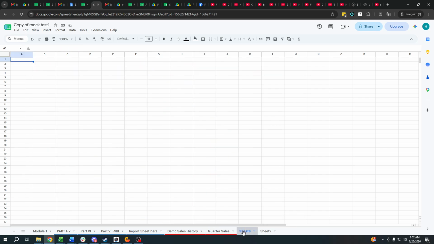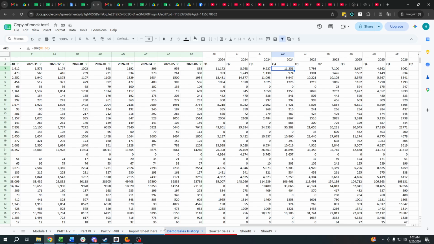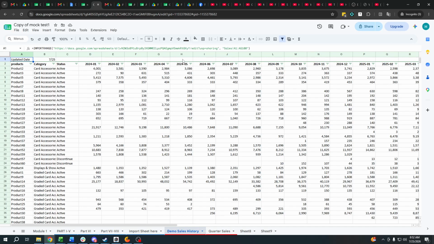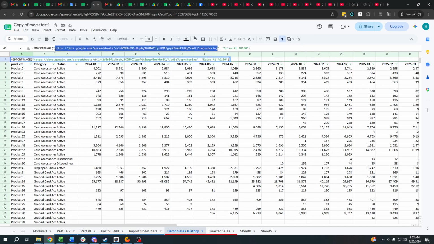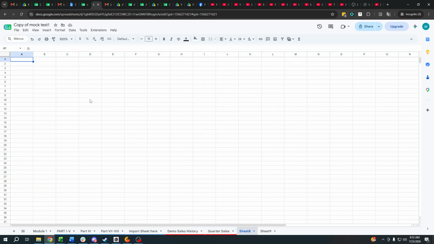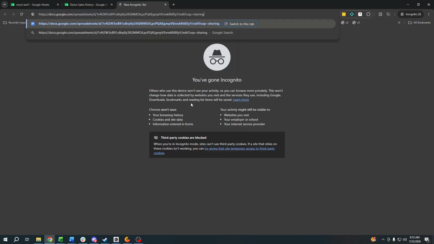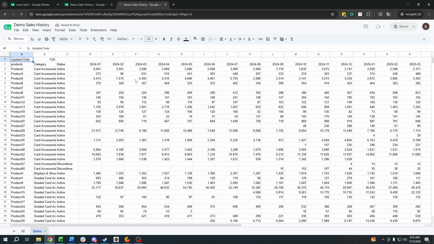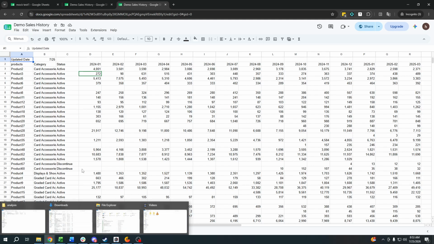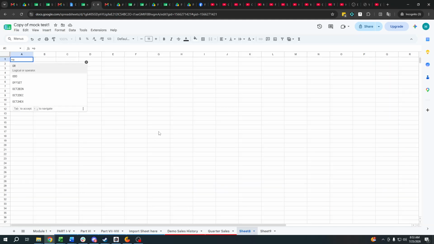Now for the other one, for how to replicate this import range. For the import range, for example, I just know this link. So import range. Wait, before we go to import range, we have to open this one, and we have to know the name of the tab, because it is necessary to know the name of the tab.